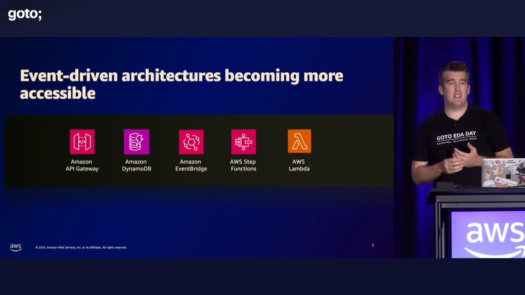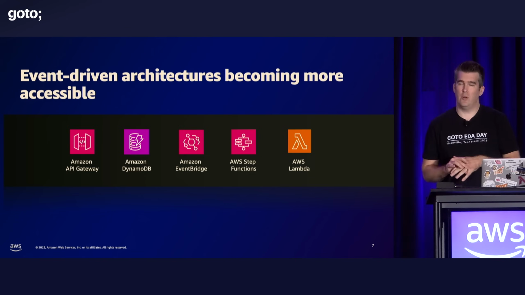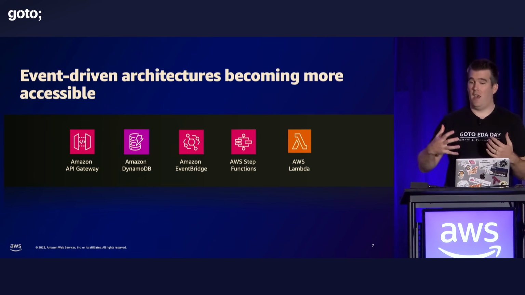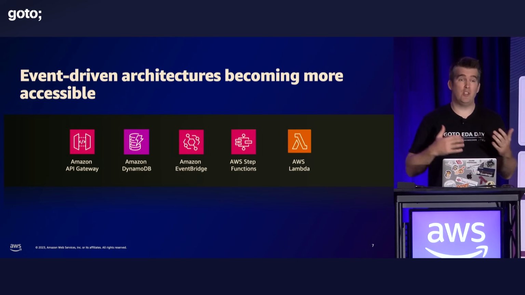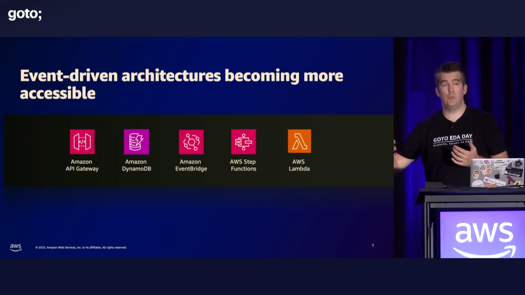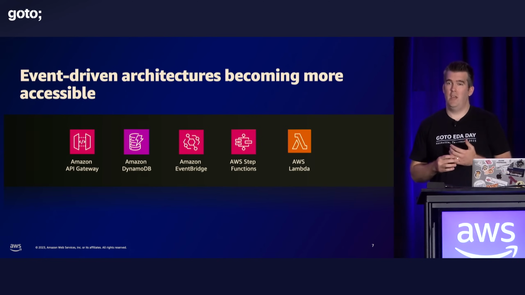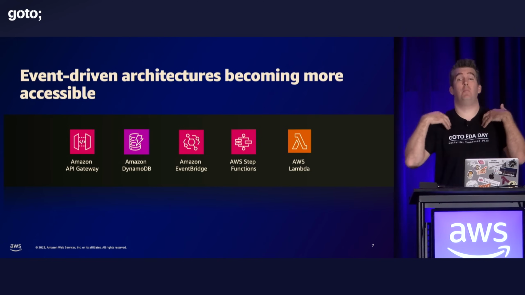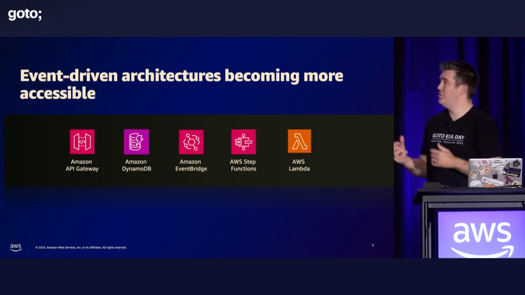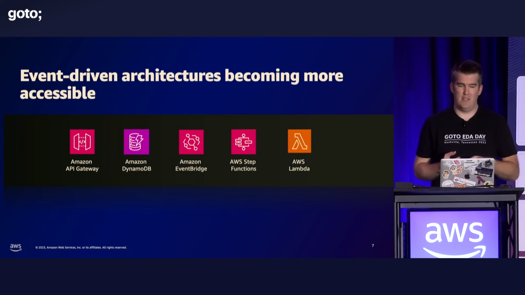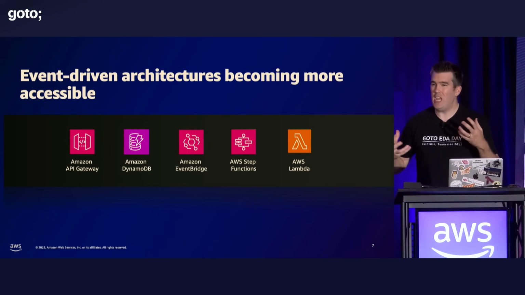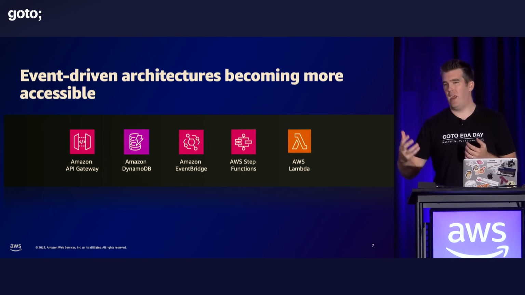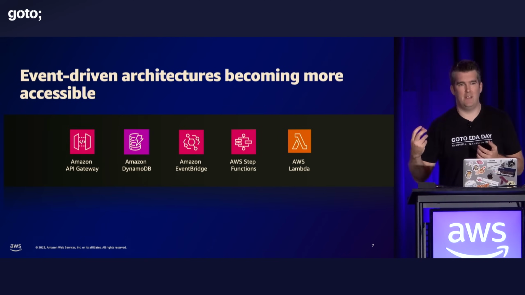EventBridge is this, James mentioned this in his talk. EventBridge is a router, a serverless event bus. So personally, one of my favorite services before I joined AWS, I've done a lot of tools and a lot of work with EventBridge because it allows us as publishers to publish an event, and we have these downstream consumers actually listen and react to these. And then finally, we've got DynamoDB here, where we can actually listen to changes in the database, listen to creates, updates, and deletes, and react to these, right?